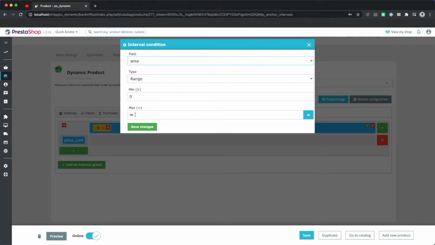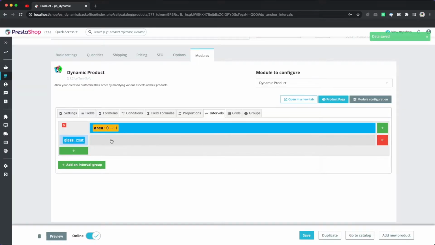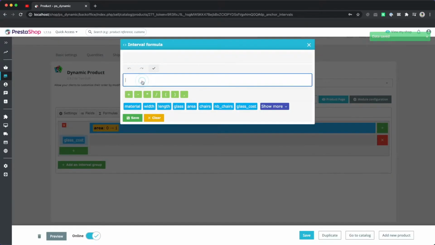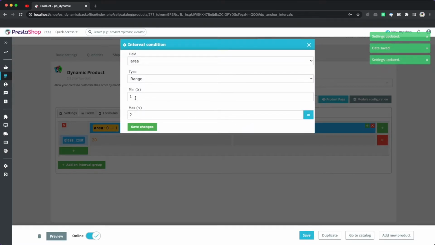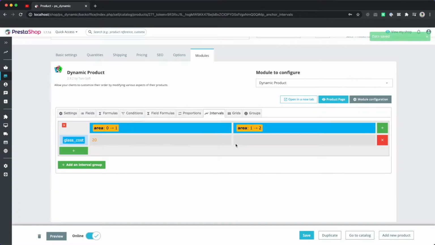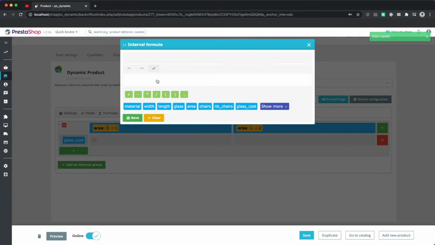So let's say from 0 to 1 meter squared, the glass cost is going to be 20. Then we add another interval, from 1 to 2. It's already filled automatically. Let's say it's gonna be 15,